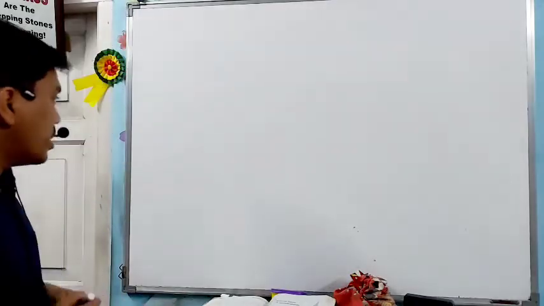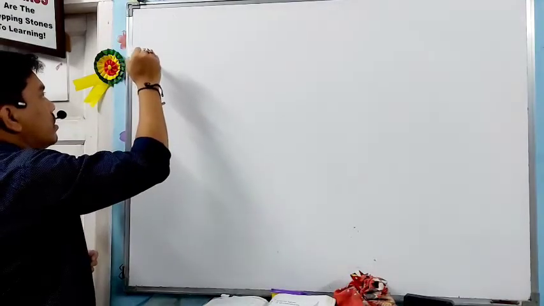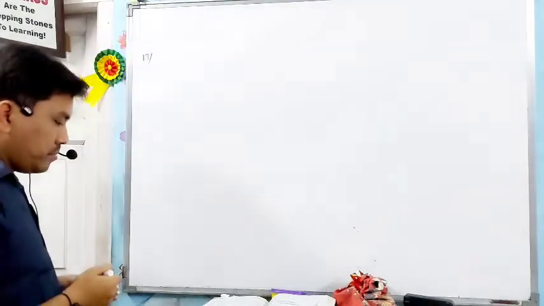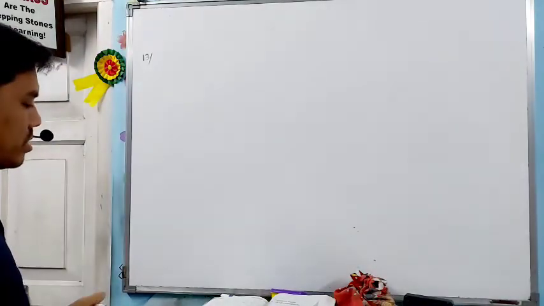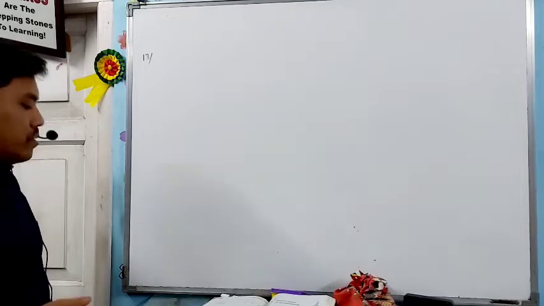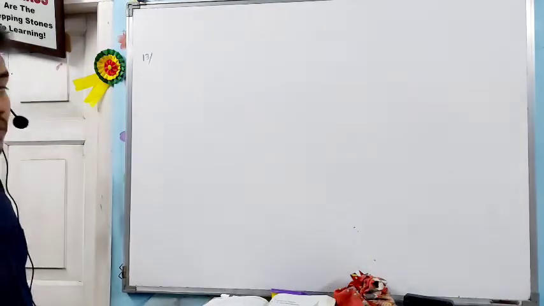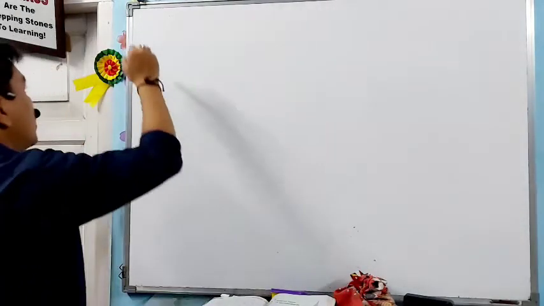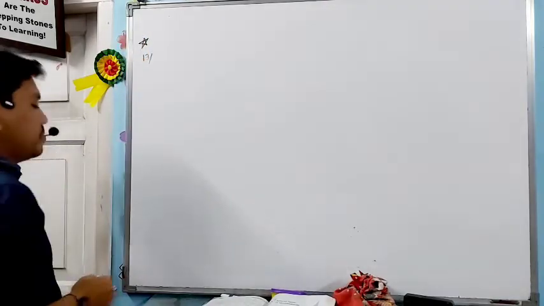Now this is the next video, okay, of question number 13. Question number 13. See what is given. In rhombus ABCD, we have to prove that AC square plus BD square equal to 4 BC square. So this is a very important question, okay. It is a very important question.